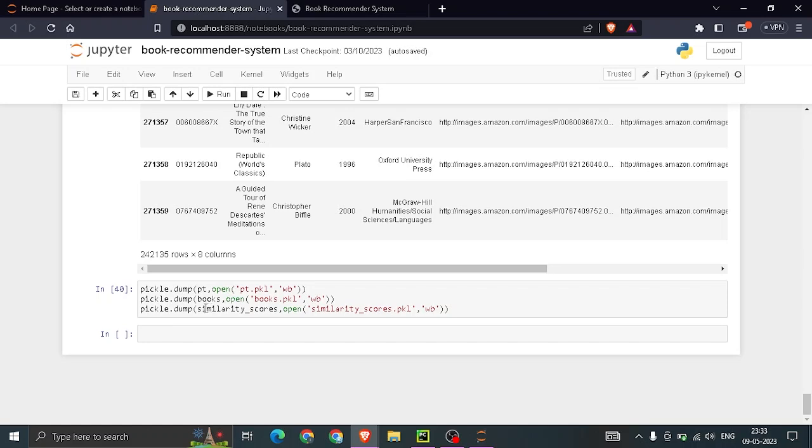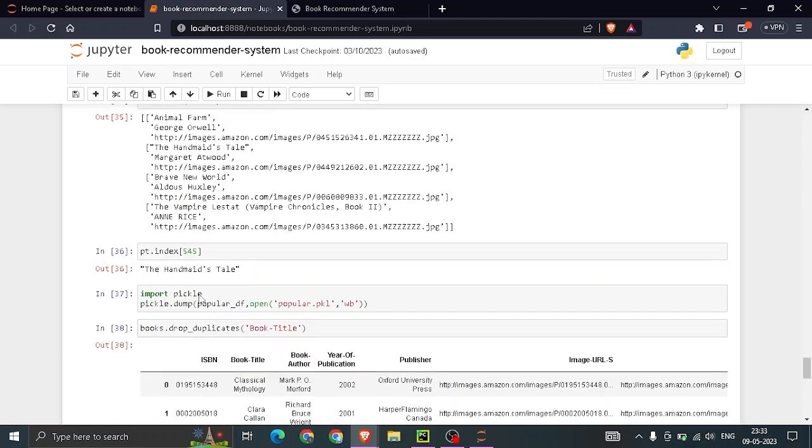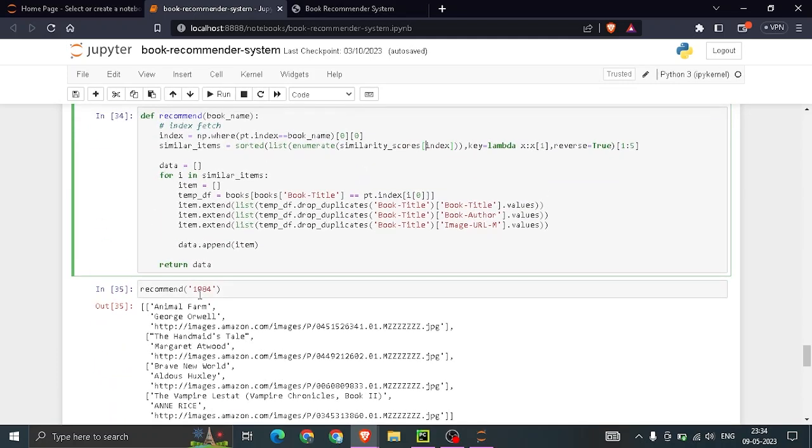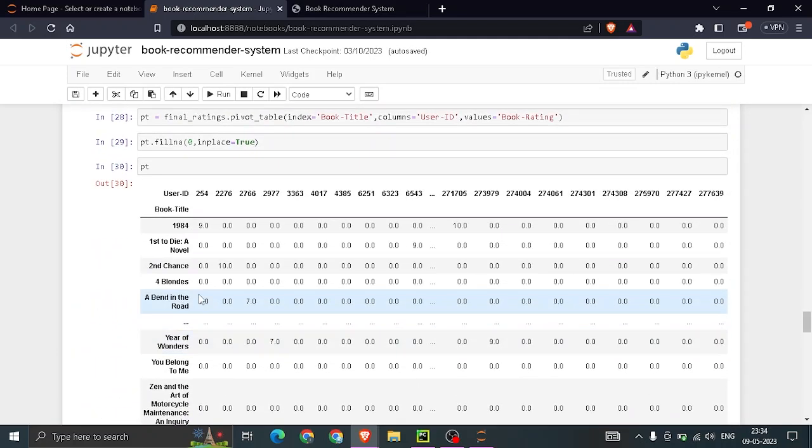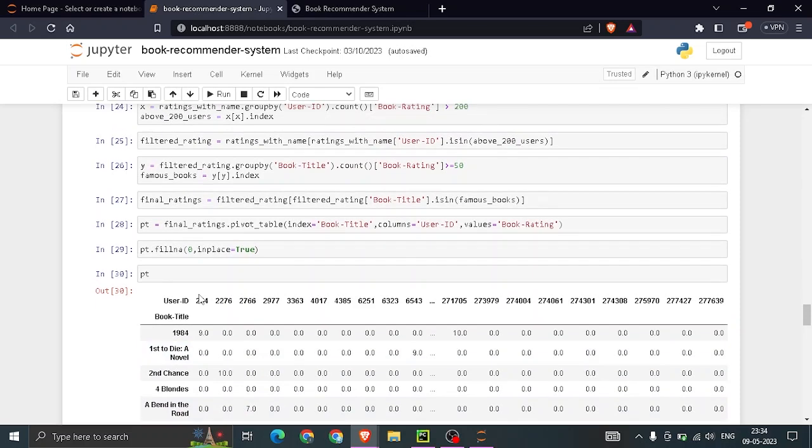So we have the similarity scores, the books which store all the books, and pt, which has all the features like book title, user id and the book rating.